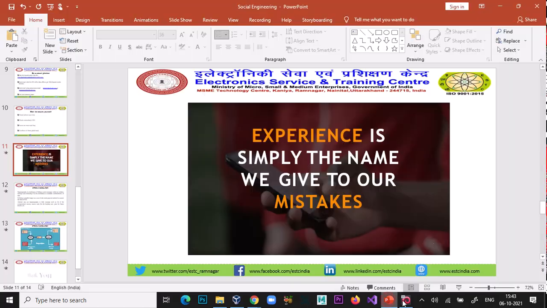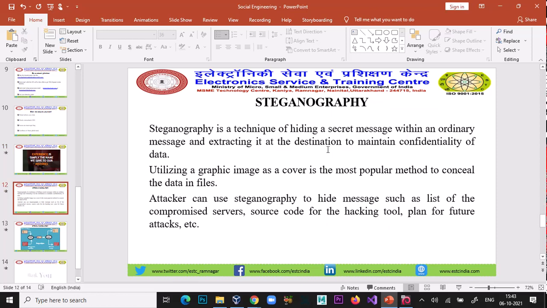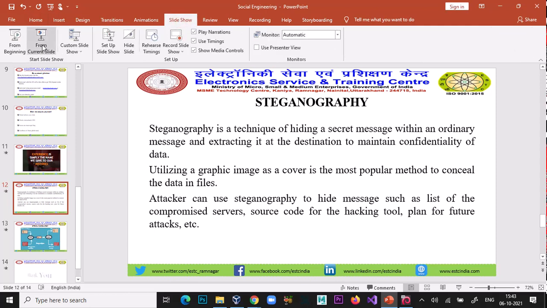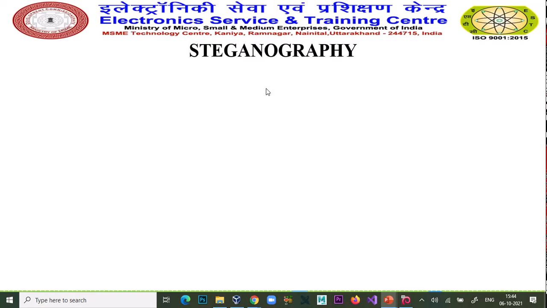Now back to our slides. This is steganography. So this is our last topic, and after this small theory part, we will do some practical, and use some software for steganography.